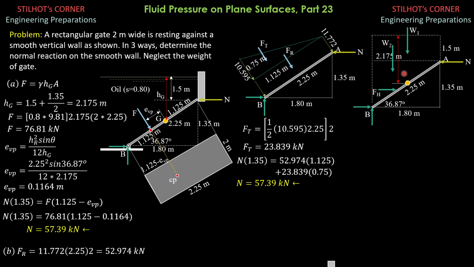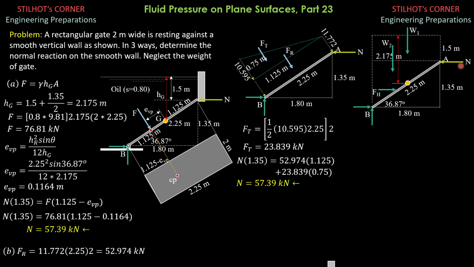Then finally, we use the volume and the horizontal component of force acting on the vertical projection of this area. That's the third way. So we have here FH. FH is the hydrostatic force, or the component of force acting on the perpendicular projection of this gate here. And this is weight 1, the weight of oil enclosing this part, 1.5, it is rectangular, then 2 meters into the board. Then weight 2 for this triangular wedge.